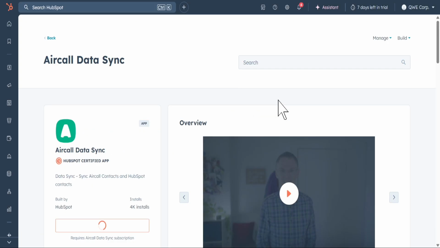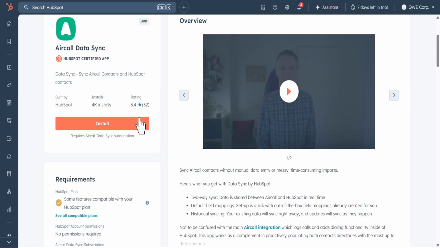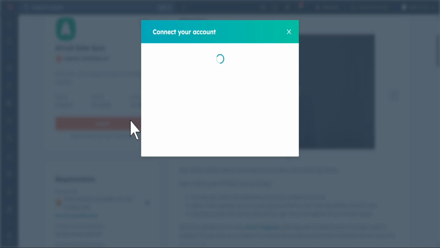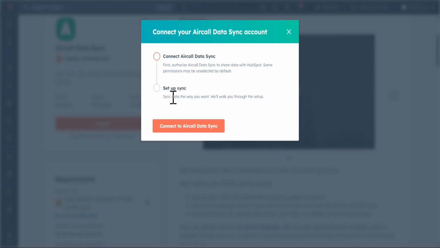Next, choose Connect to Aircall Data Sync. This launches the secure authorization flow so HubSpot and Aircall can communicate. You'll be prompted to sign in to Aircall. If you already have an Aircall account, simply sign in and follow the on-screen prompts. If you don't have an account yet, select the Sign Up option, create your account, and then continue back into